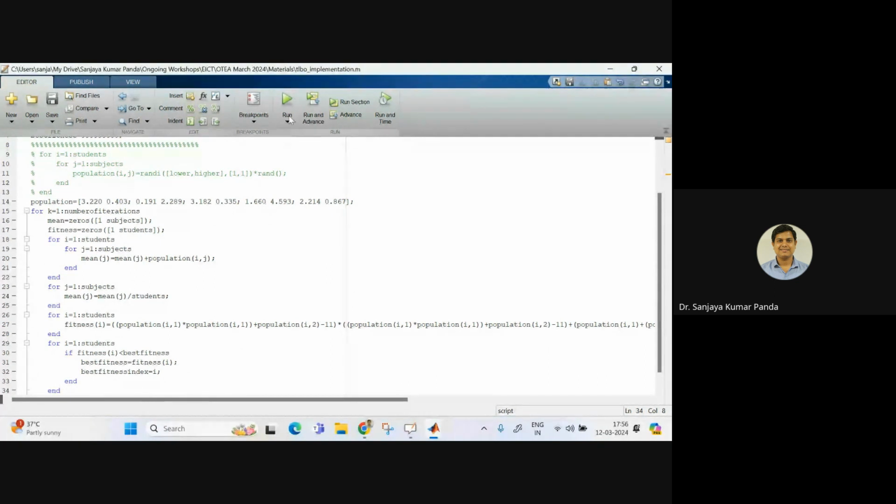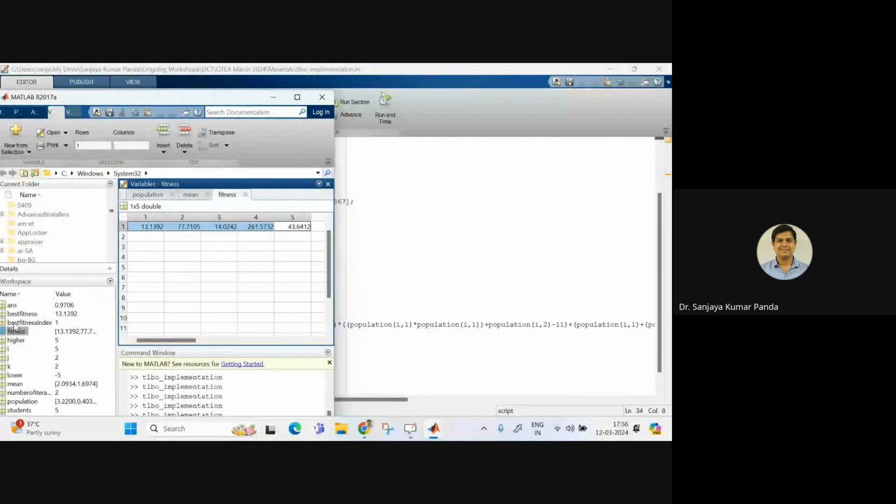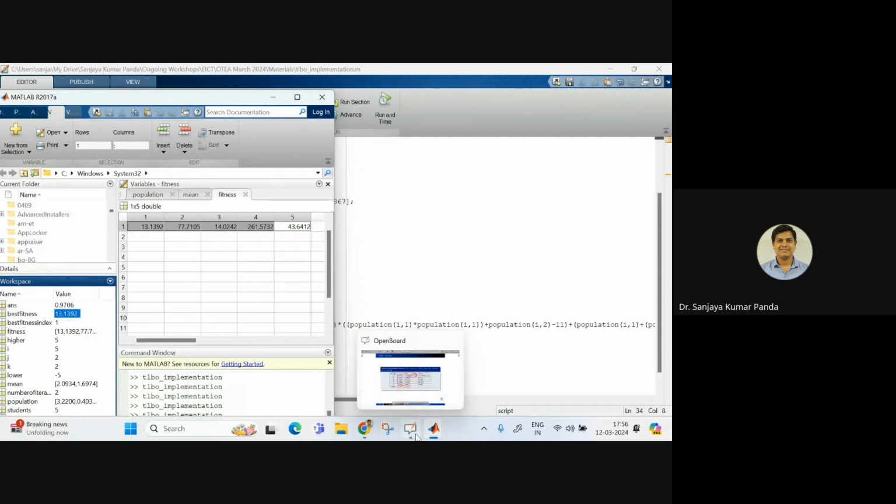So if I run it and show you my workspace, in workspace you can see best fitness index is showing 1 and best fitness is showing 13.1392. Right? Now what is our next step? Our next step is